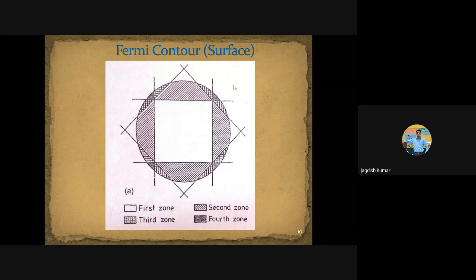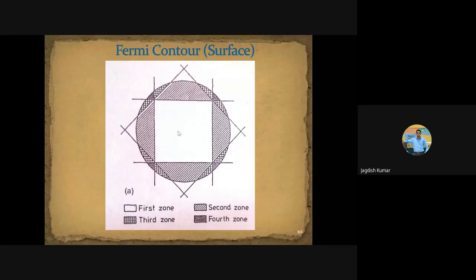Okay, so what is the Fermi surface or Fermi contour in this case? Surface is for the 3D case, right? If you have a three-dimensional electron gas, you will get a Fermi surface because that is going to be a sphere. For the 2D case, it is going to be a circle, right? And then we will be calling it the Fermi contour. Constant energy points will constitute a line, which will be a circle. Similarly, in the 3D case, constant energy points will constitute a sphere, as per free electron theory. So that is going to be called a free Fermi surface.